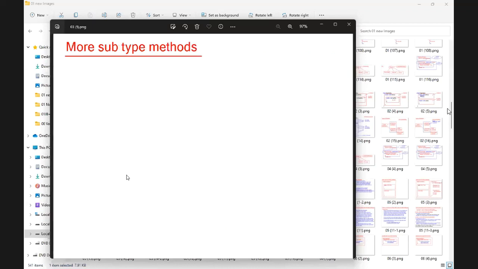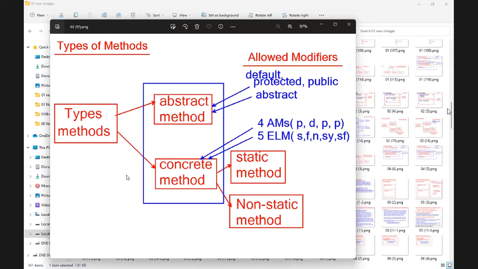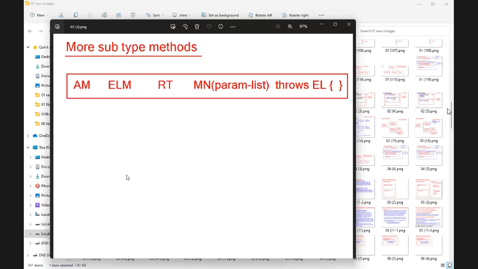Completed? Look here. Based on the modifiers, we have two types of methods, and based on the return type and parameters, we have subtype methods.